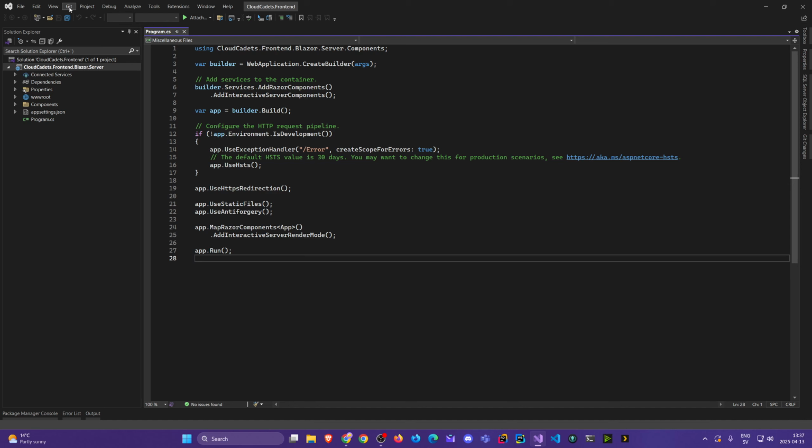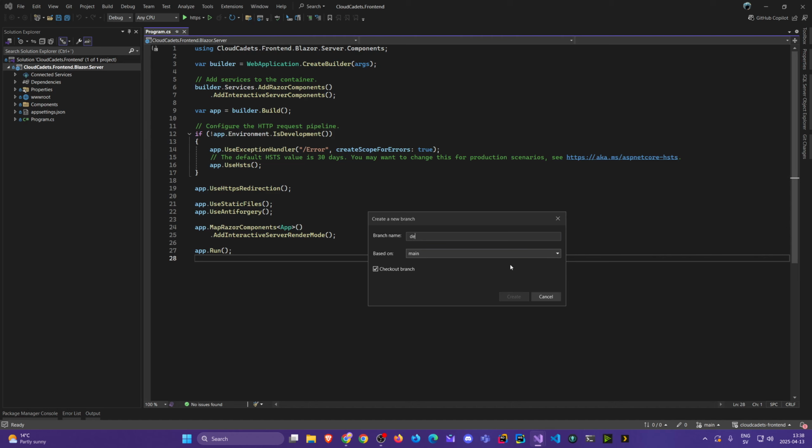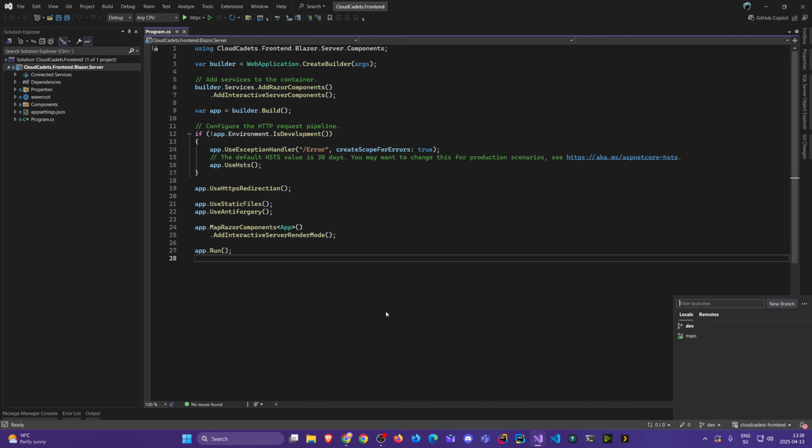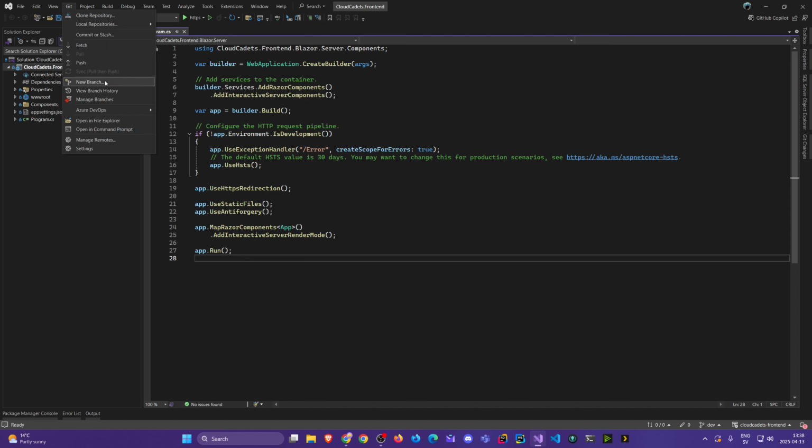We can do the exact same thing here. Git, new branch based on main, dev, and I'll also check out. So I'm now in the dev branch. And we can push this